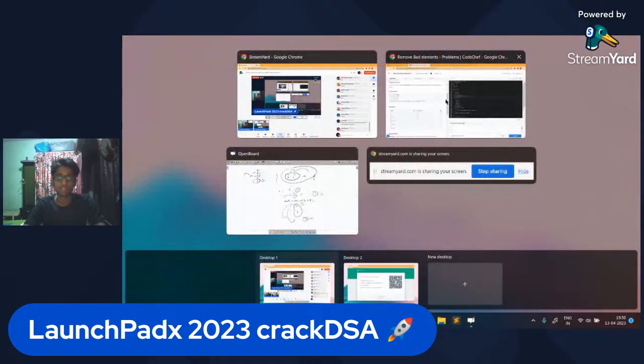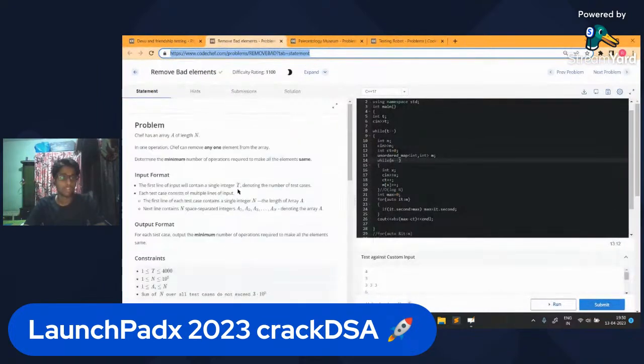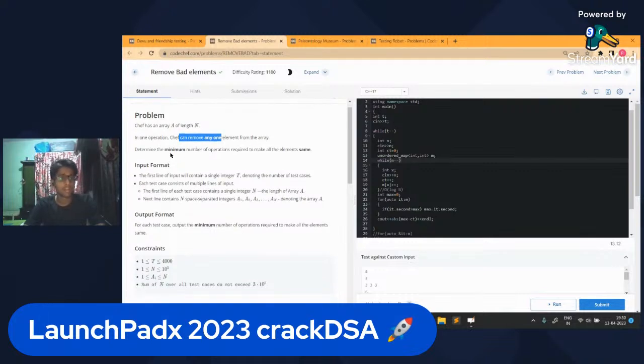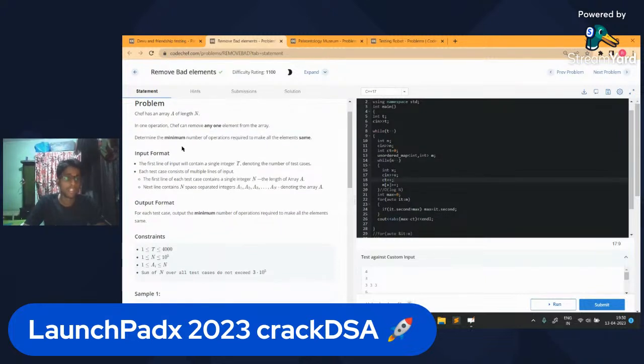Solve this. So guys, the question over here says that Chef has an array A of length n. In one operation, Chef can remove any one element from the array. Determine the minimum number of operations required to make all the elements same. Okay. So basically, the question says that